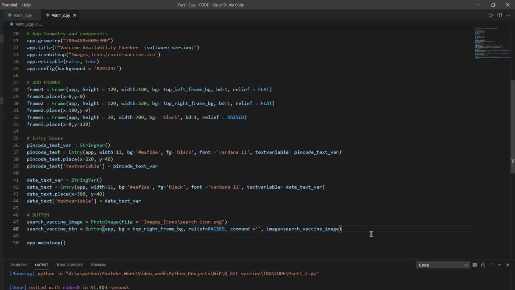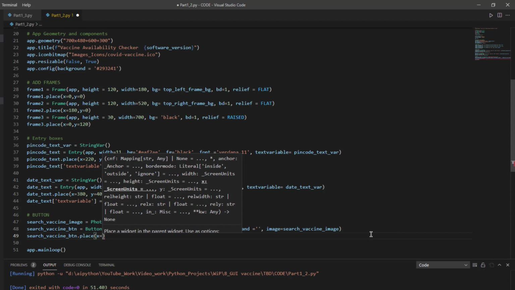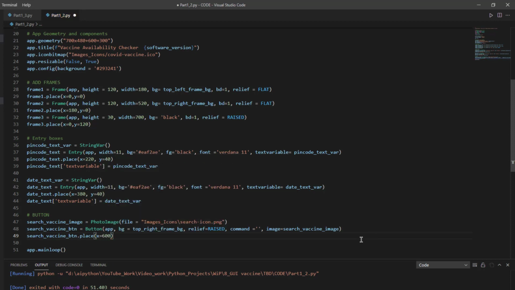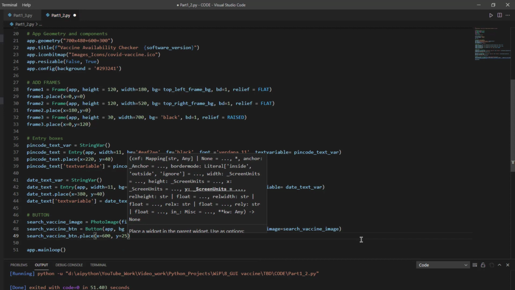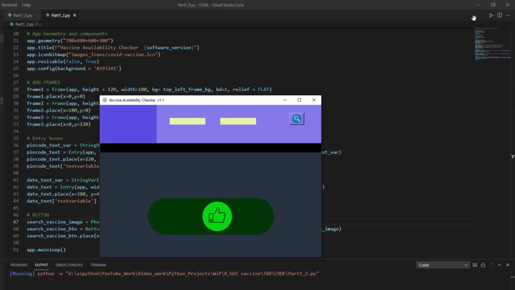So this is created. So the button is created now, and I'll just place this button, using place, with x equal to 600 and y equal to 25. This is all calculated. No big brain here. All right, so let's save and execute this code. And you can see a nice gentle button here which doesn't do anything. I mean, this is simply ridiculous without doing anything. Okay, we will give functionality to this button in the later part of this video series.